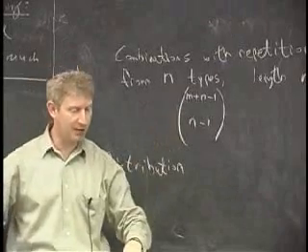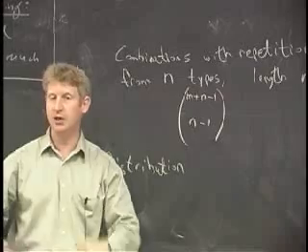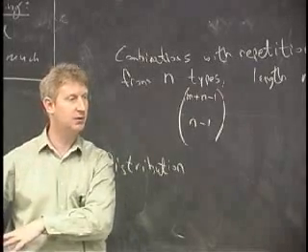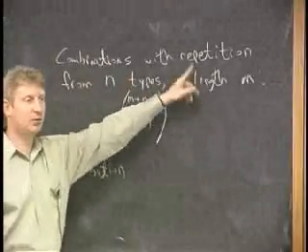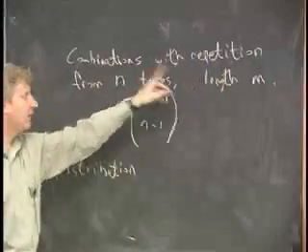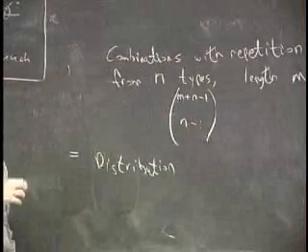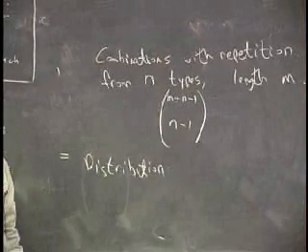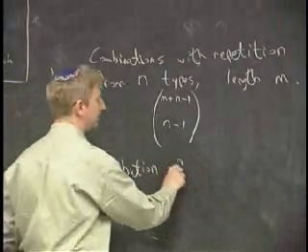If I drop 3 in the brownie box, it means I'm going to get 3 brownies. If I drop 4 in the cookie box, it means I'm getting 4 cookies, and then I have to drop 1 in the muffin box. So that's combinations with repetitions of N types, where we're taking M of them, M are the dollars, N are the 3 boxes, is the same as distributing M things into N different boxes. Distribution of